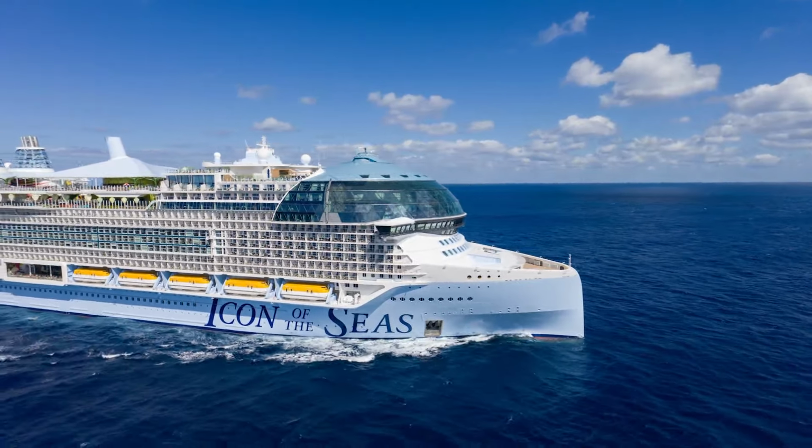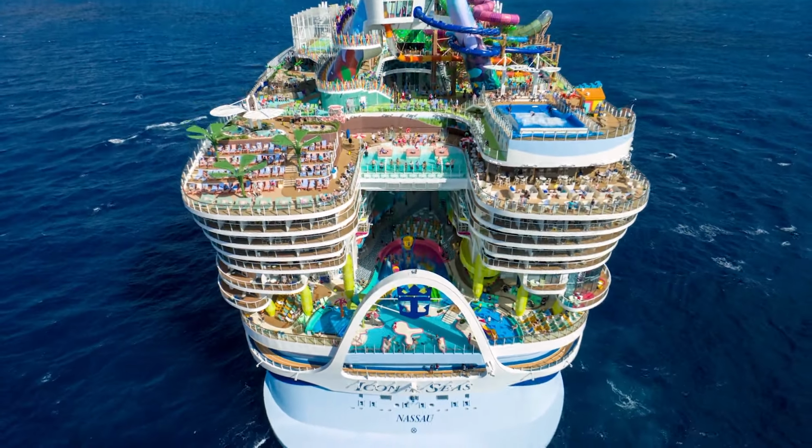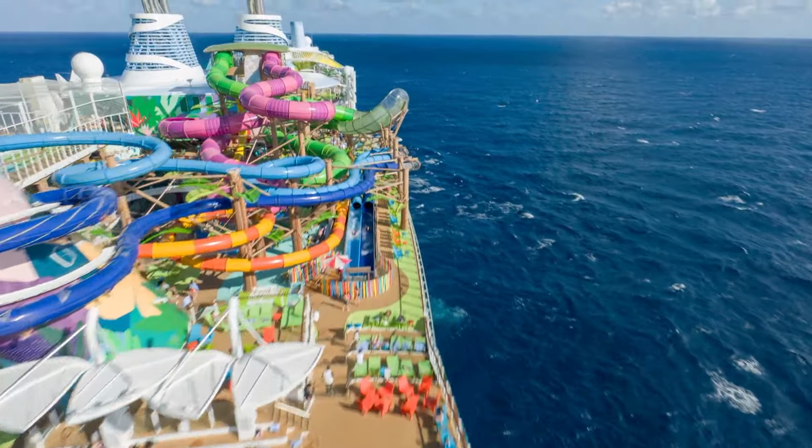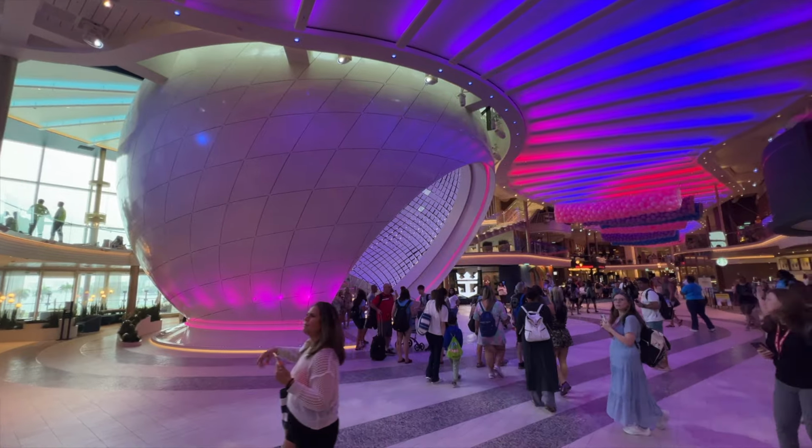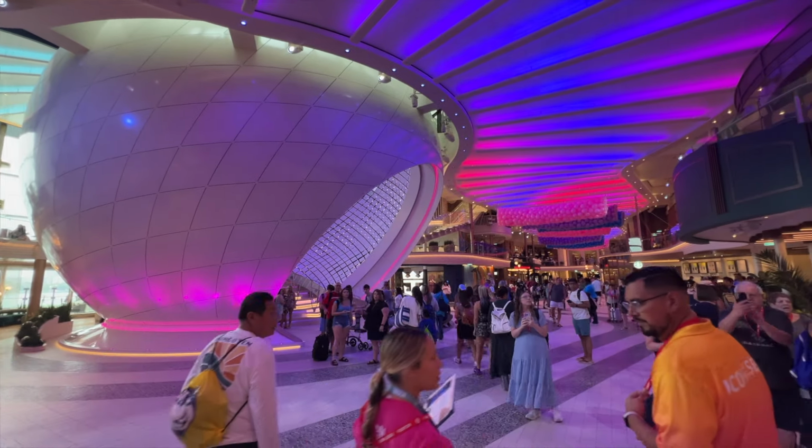This is Icon of the Seas, at 1,200 feet long, 160 feet wide, and a staggering 20 decks tall. She's the largest cruise ship in the world. But did Royal Caribbean get it right, or did they overdo it? It's coming up right now on